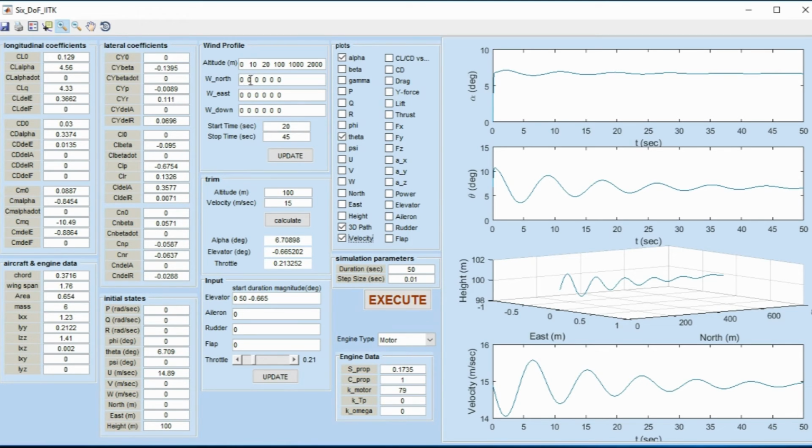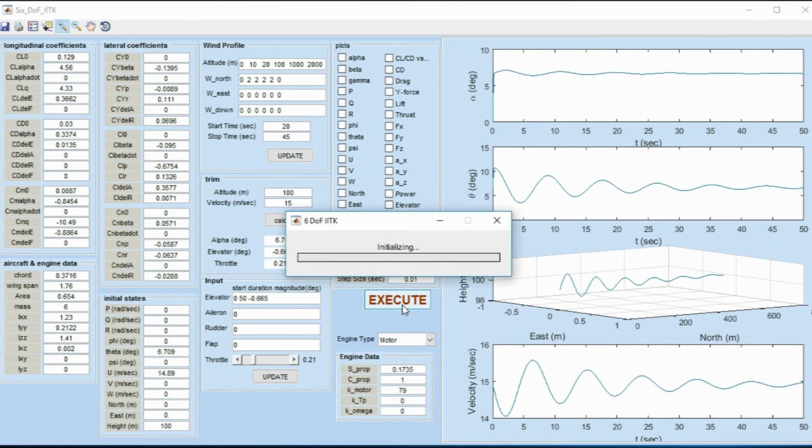Suppose I want a tailwind of 2 meter per second. I am flying at approximately 100 meter altitude. So I have added a wind of 2 meter per second from 10 meters to 1 kilometer altitude, and I am sure that my aircraft is not going beyond those altitudes. Starting from 20 seconds till 45 seconds. And now if I execute it,